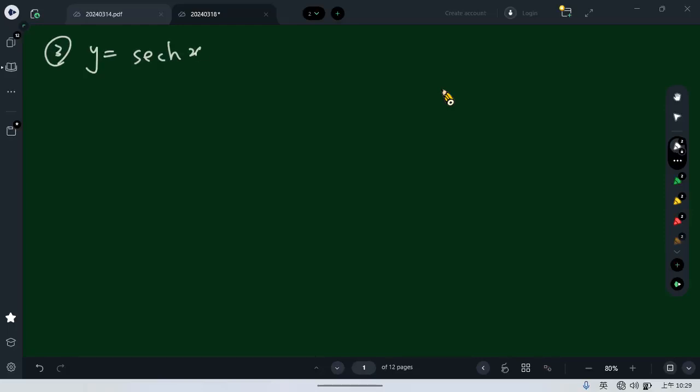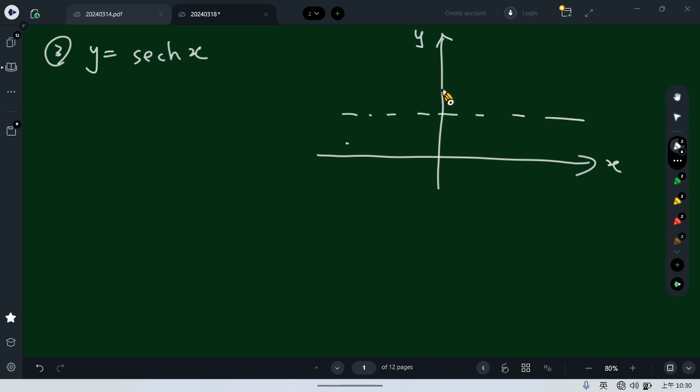Hyperbolic secant function. The original hyperbolic secant function looks like this. So this is the original hyperbolic secant function. But as you may see, if we focus on its original domain, we will not have a one-to-one property. So we need to restrict